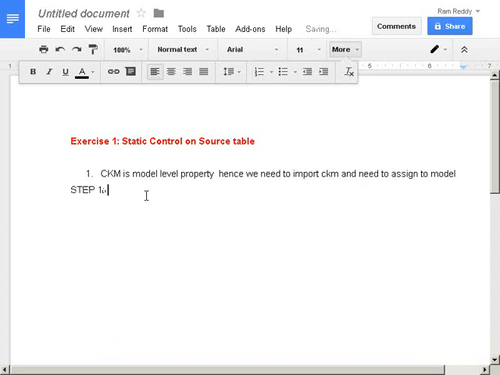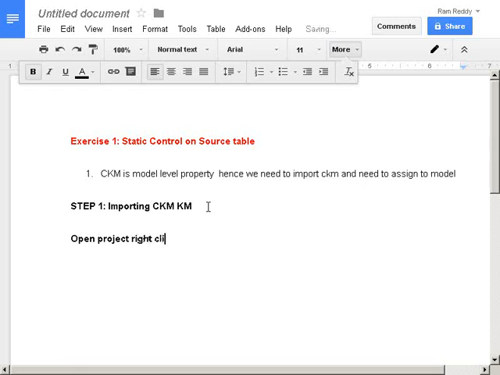Step 1, importing CKM knowledge module. Right. Open project.